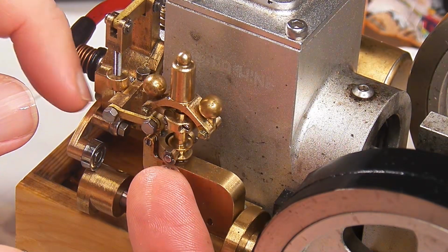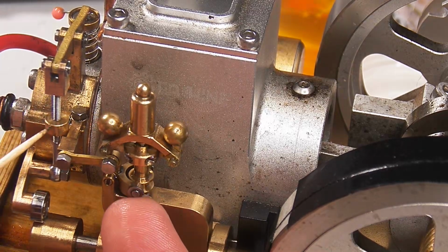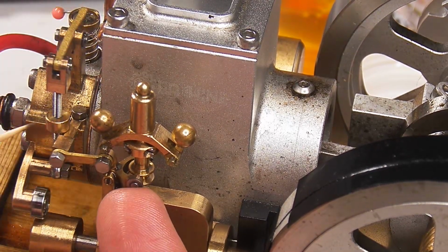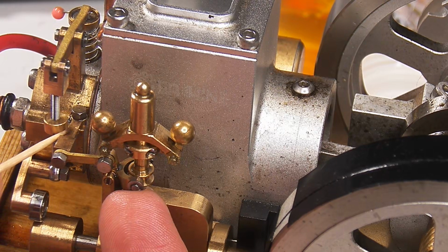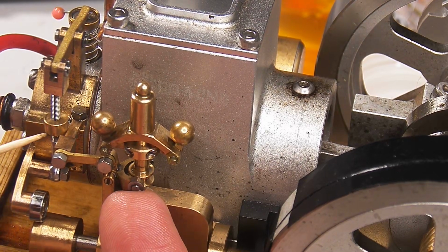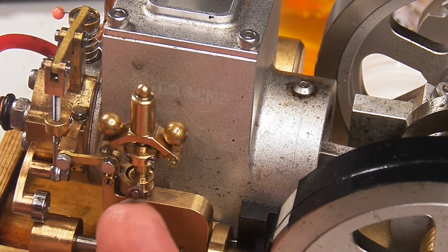So now I have to figure out a solution to get that gap, because right now it's pushing against the side of the, so it's supposed to hold there, but instead it's got all this room to push aside there, and that's almost the entire movement of the mechanism is free to push against the side and not hold the valve open. And like I said, the first solution I had was to put a washer down here, but that obviously took too many threads out of the nut here,